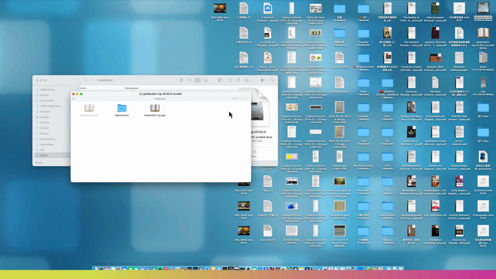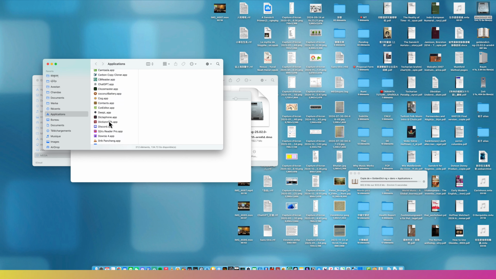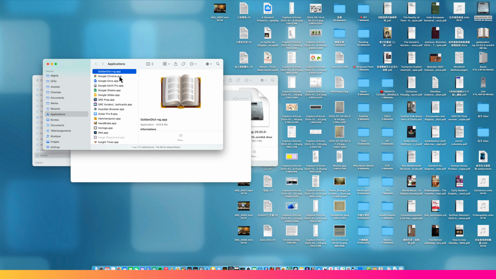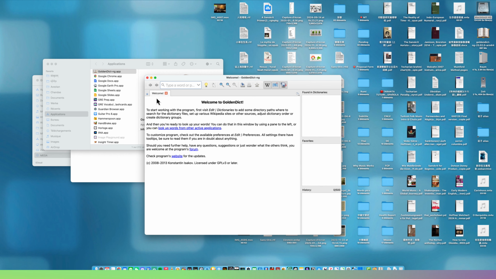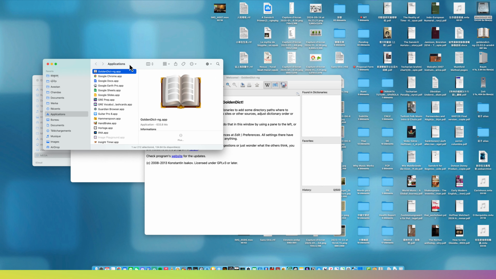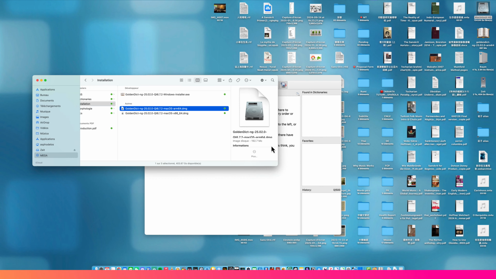Okay, so just install it normally, and then open it. The Windows version only differs in the installation process from the Macintosh version, and then they are all the same. After installation, you see